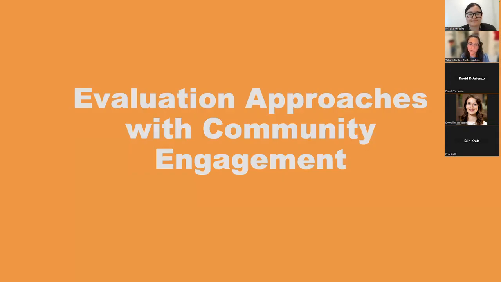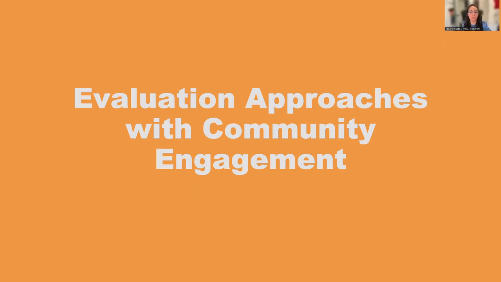We are going to switch into, so I'll reiterate how these key concepts that I just walked us through tie into the next section on evaluation approaches with community engagement. I explained some of the core pieces of program evaluation, which are important to understand because there are all these different designs and functions that you can ultimately use an evaluation for, and so just making that decision about which one is most appropriate for the goal that you're trying to accomplish. Then I talked to you about evaluation engagement, and shared some of the limitations and growth opportunities that we have as evaluators, as the field, to really improve how we're doing engagement in practice,